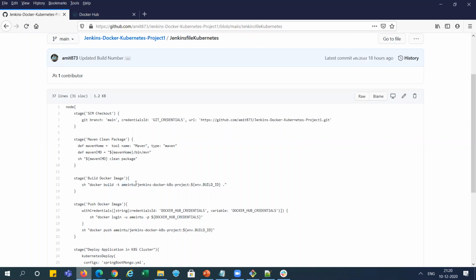You can add your Docker Hub login ID over here, and you can put any name for creating the images like this. And this is I'm using as a variable. It is a build number, environment.build ID. It means